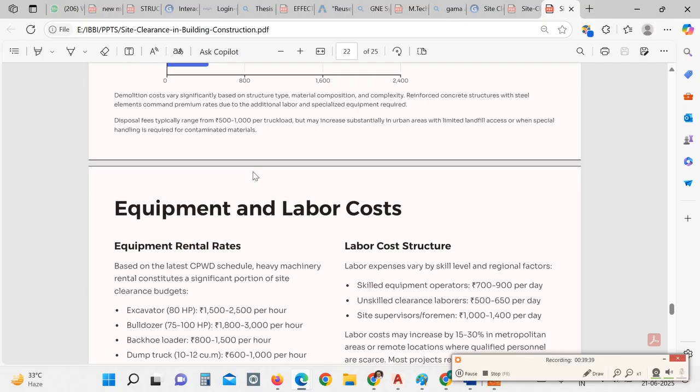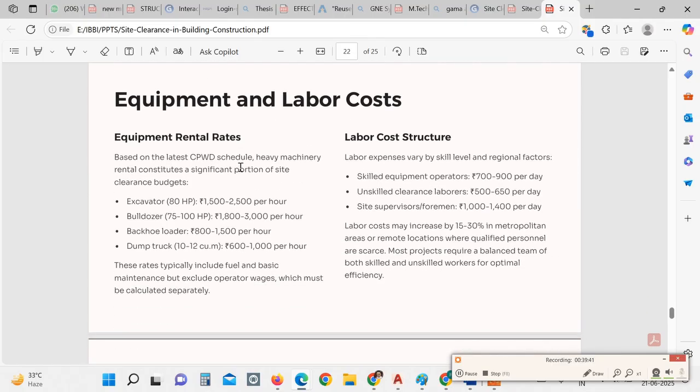For equipment and labor cost, you may have to take certain equipment on rental basis. For equipment rental rates as per CPWD schedule rates, heavy machinery rental constitutes a significant portion of the site clearance budget. For excavation, an excavator having a capacity of up to 80 horsepower, the rate is 1500 to 2500